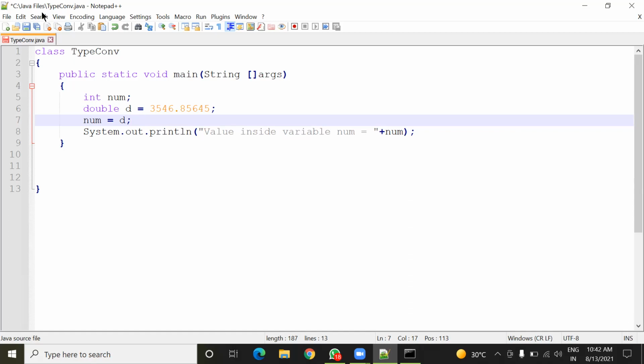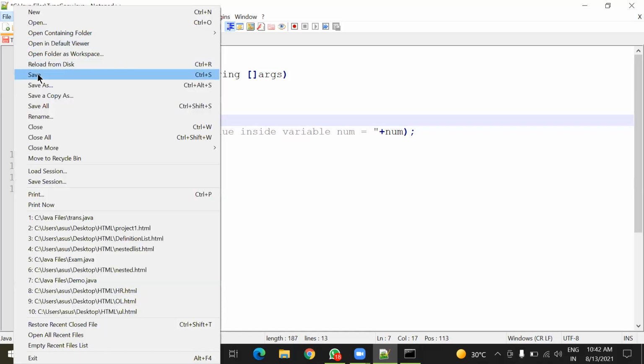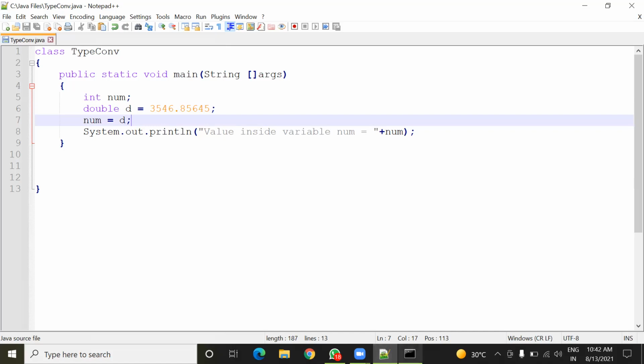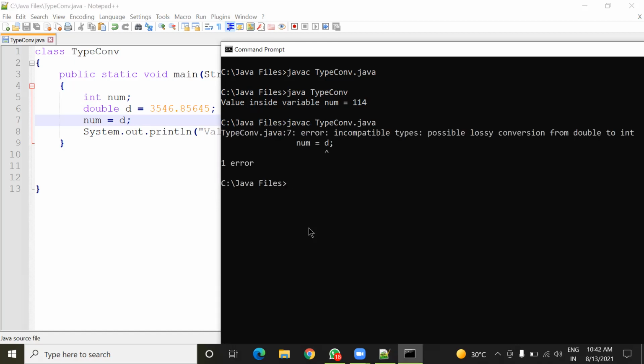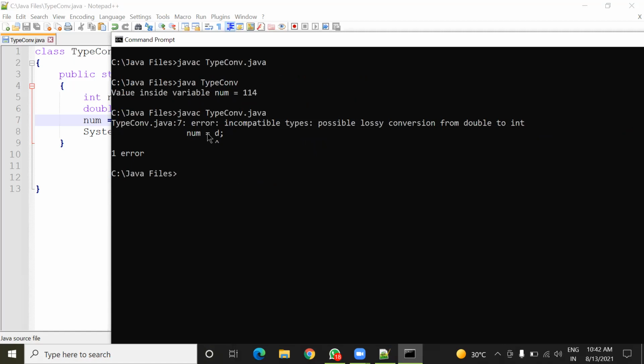Yes. So first let us see what it shows during compilation. Again, the same error message appears. Incompatible types, possible lossy conversion from double to int.